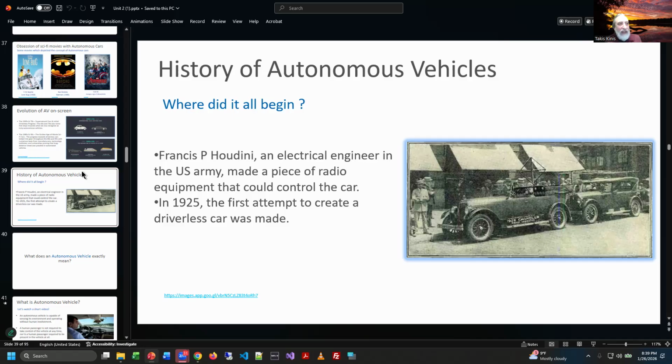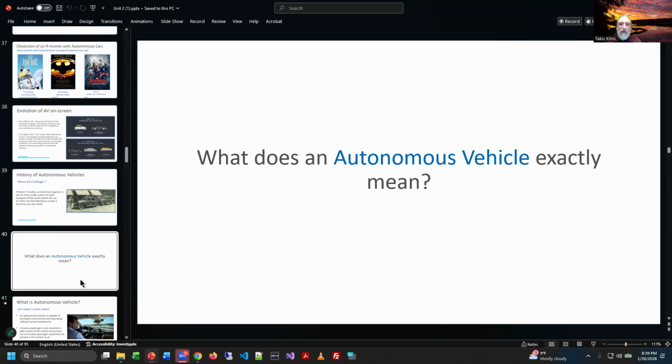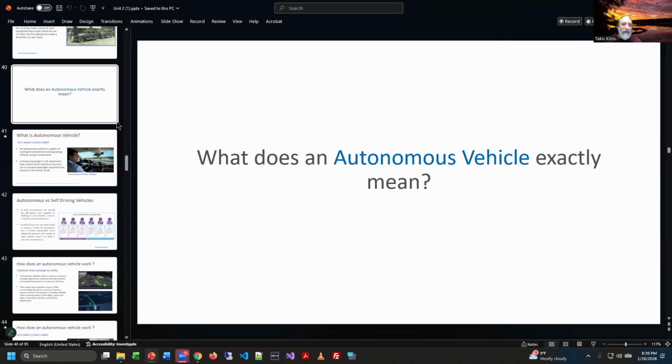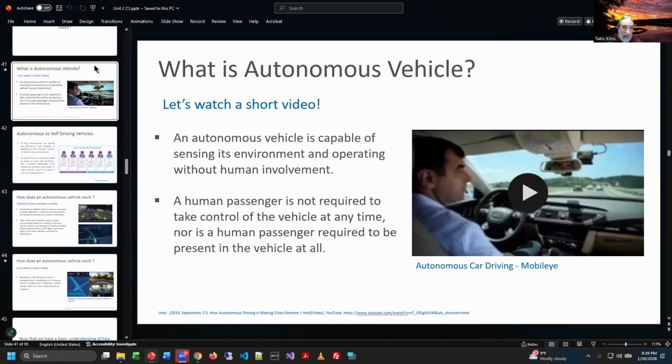And I don't know if any of you guys have ever done little RC cars or anything like that. It's a thing, right? You can remote control by radio little gas powered vehicles or battery powered vehicles, and it's a kind of whole thing that people get into. But he actually had a primitive but working radio car back in the 20s, right, to remote control a car with a radio. So not really a completely new thought. All right, but when we think about the concept of autonomous vehicle, that really is on a slightly different level.